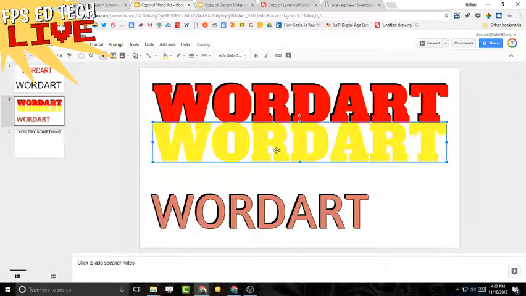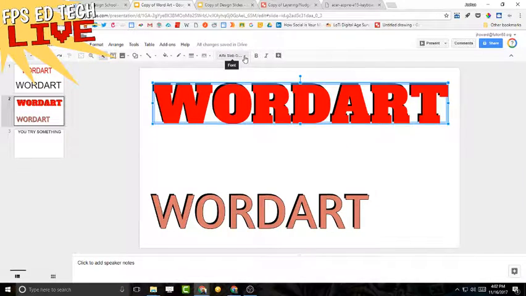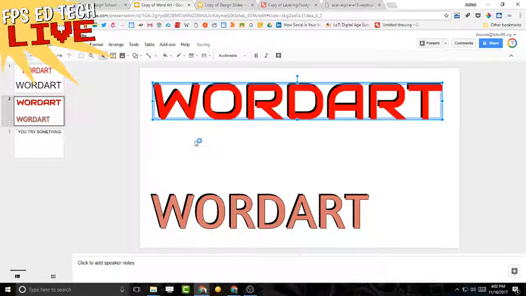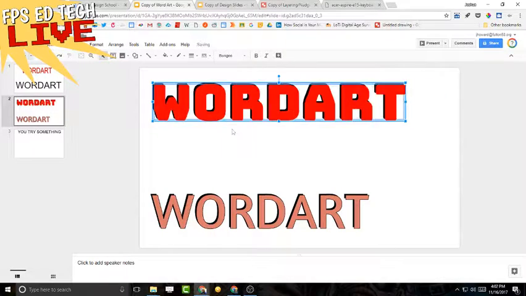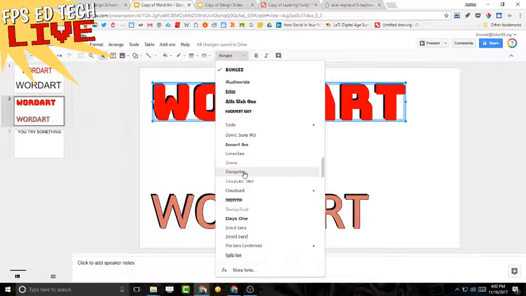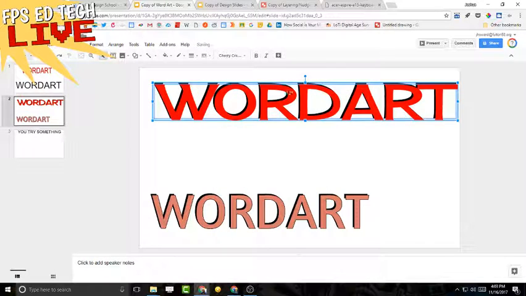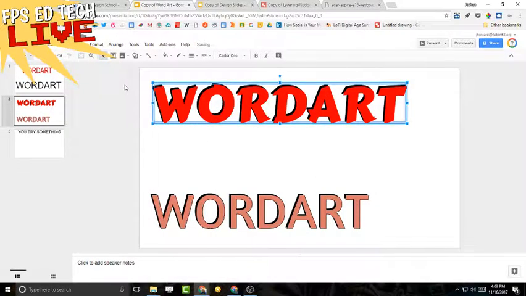The other thing that I really like about word art is that if I just do a drag of my mouse and highlight both of those boxes and then come up here to the font, I can just click on a different font and switch the whole thing. So if I want this to just look different, I can just literally scroll down here through all the fonts that I have loaded, and I can now keep my drop shadow intact while checking out the ways that these are going to make different fonts look. Now,